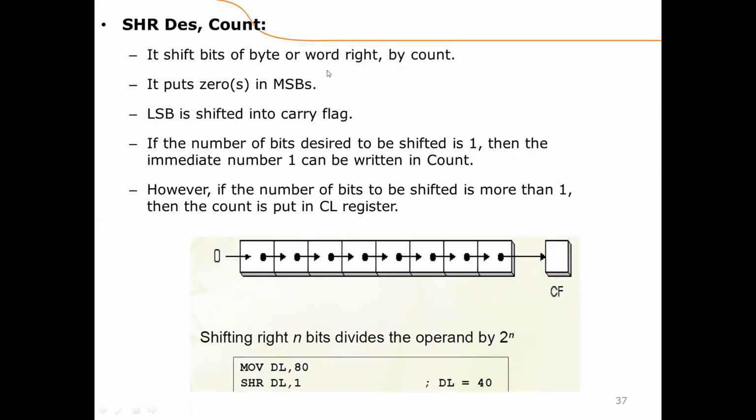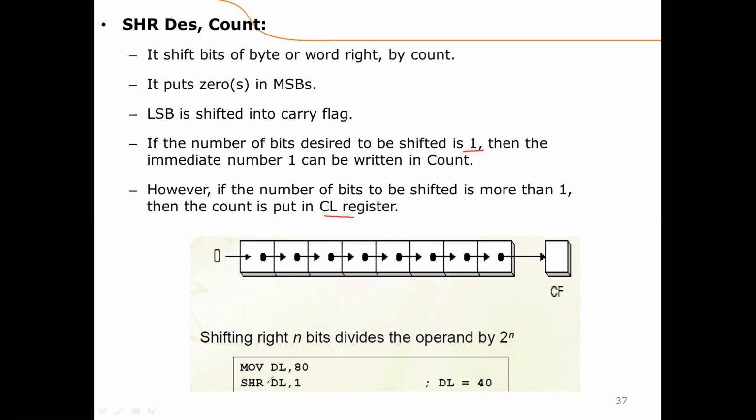Now this is another instruction, SHR. What is the difference between SHL and SHR? SHR will shift the bits in the right direction, and the bit will be stored in the carry flag. This means the status of the carry flag will be affected by these instructions. Again, in a similar way, the count can be 1 or any number. It can be 4, or if we want to shift 8 times, 8, any number, which should be stored in CL if it is other than 1.